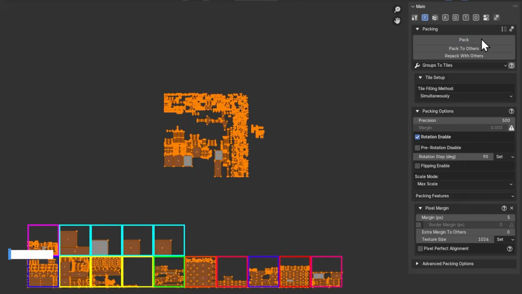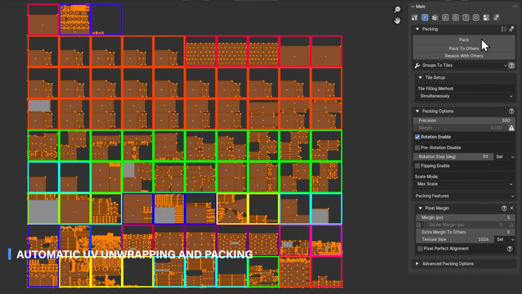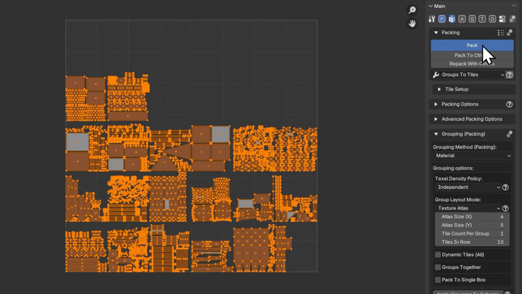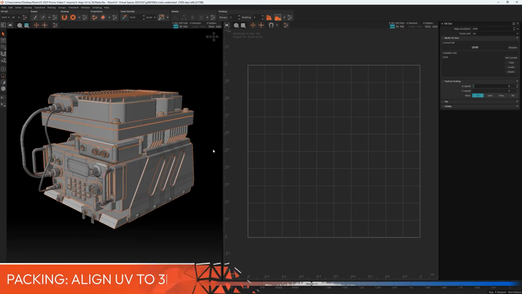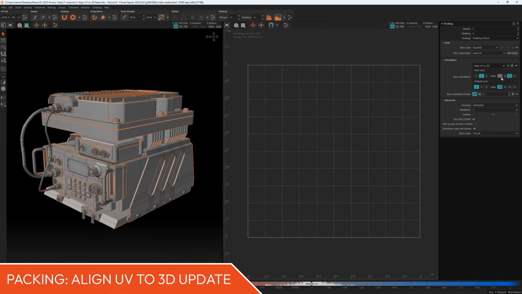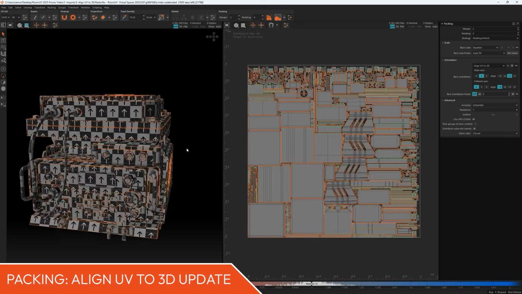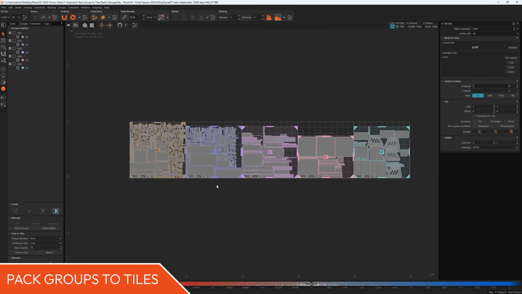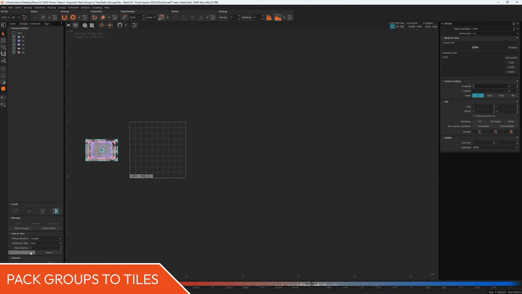On the other hand, UV mapping and packing used to be another time-consuming step in any 3D production. 3D artists had to manually cut seams, unwrap geometry, and arrange UV islands efficiently to avoid wasted texture space. Many people still do that by hand, even today, but the difference now is that you have too many options.